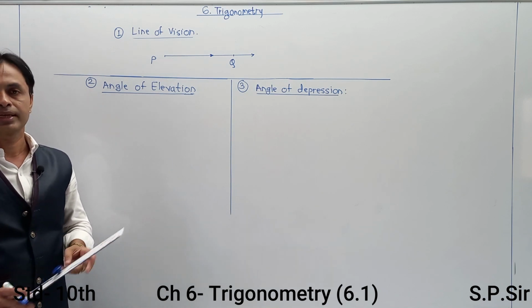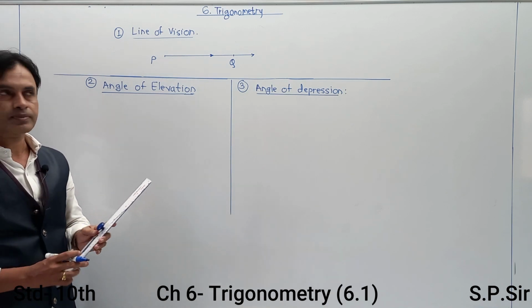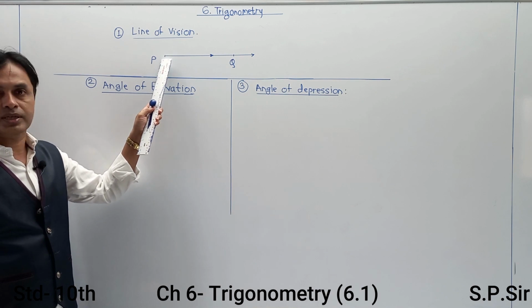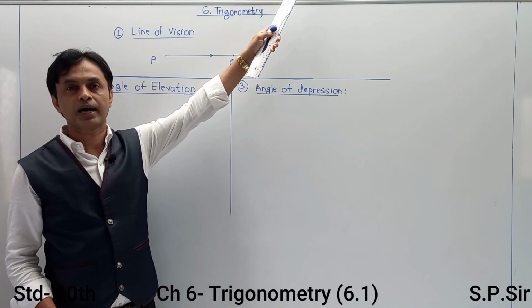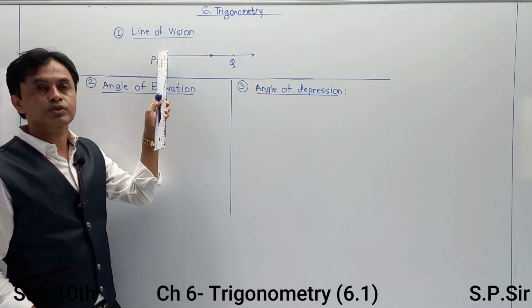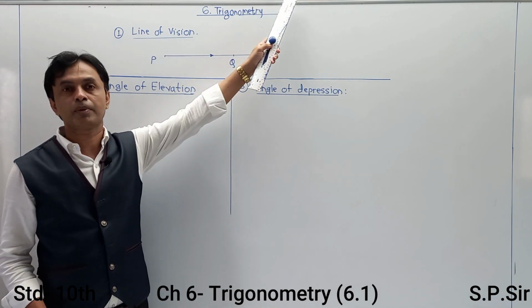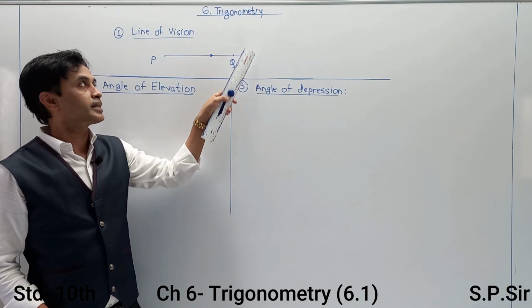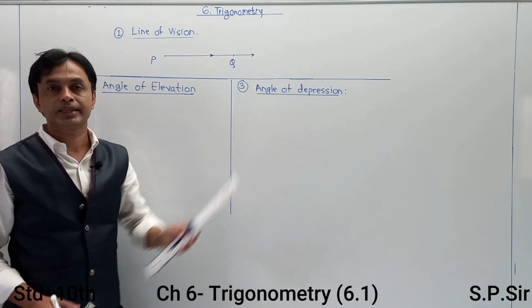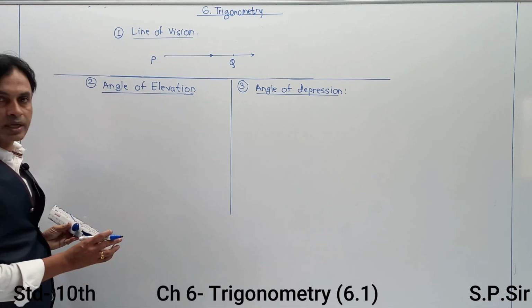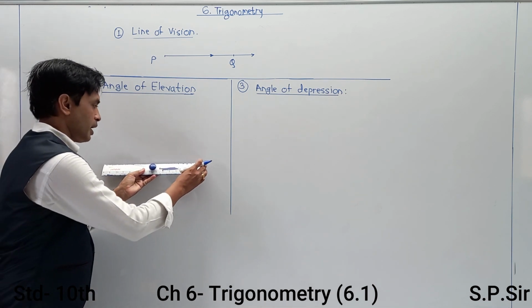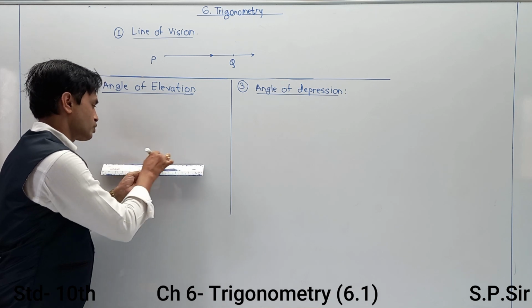But in this case, there are two concepts that get started. The respective person sometimes observes an object above his height. The person is going to observe the object which is above the respective height, and when he observes upward, that concept is called angle of elevation. Means let's have a look. I have drawn one line that is called a horizontal line over here.